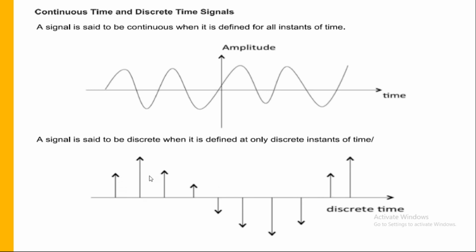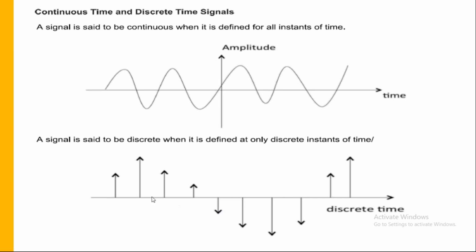So now this is an advantage, and with discrete signals there are also some modulation techniques, which you are going to study in the analog communication subject. I think in the second semester you are going to have one subject known as analog communication. There you are going to learn about analog modulation as well as discrete modulation. But here see the difference. Here you are using a continuous signal. Here you are using a discrete signal.